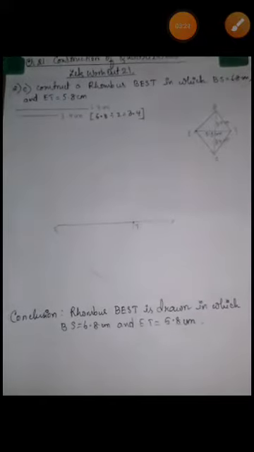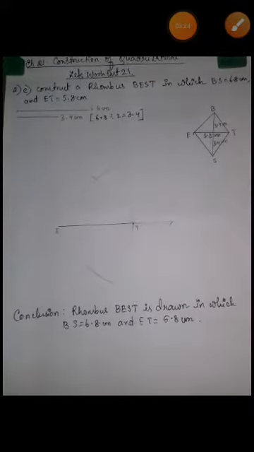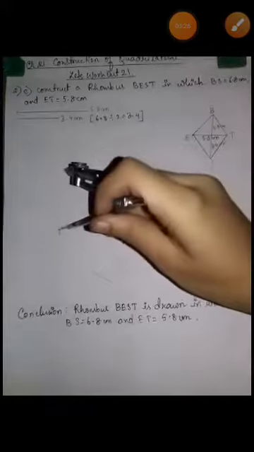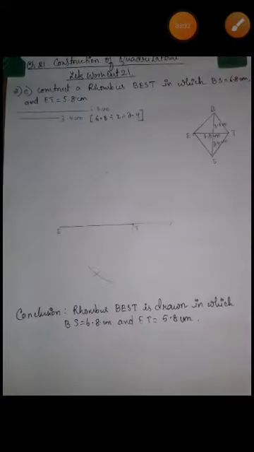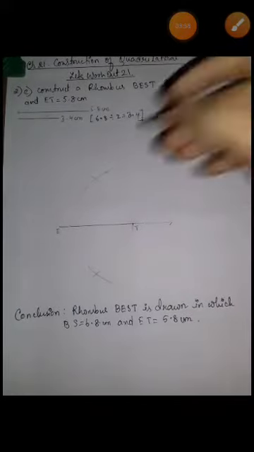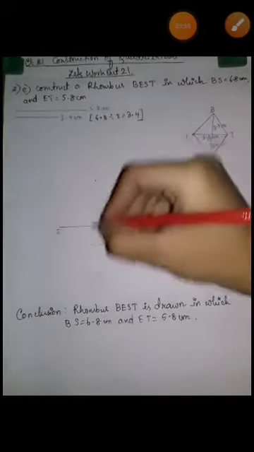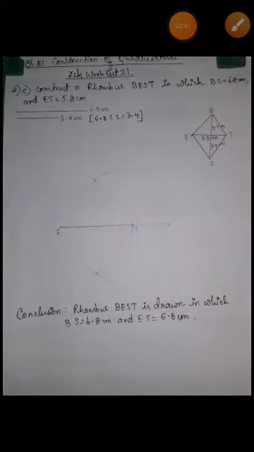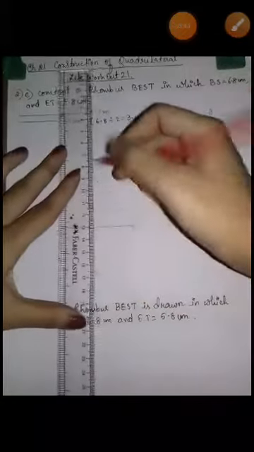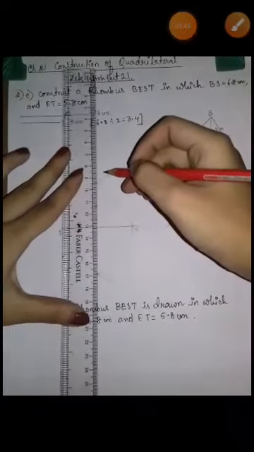You are drawing the perpendicular bisector. Since the diagonals bisect each other, that is why we are drawing the perpendicular bisector. So both on the top as well as the bottom, you are going to cut like this. Now you have got the 2 points. You are going to join the 2 points. Therefore, you are getting the perpendicular bisector.